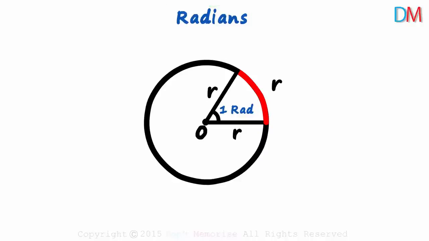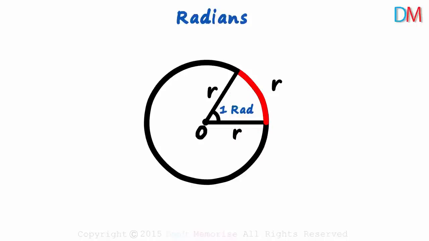Actually, there's radius everywhere around this angle. R, R and R, and that's probably why they call it radians. According to various scientists and mathematicians, this is a more logical way to measure angles. It's because we are measuring the angle in relation to the radius of the circle. But how are radians related to degrees? What would this angle be equal to in degrees?